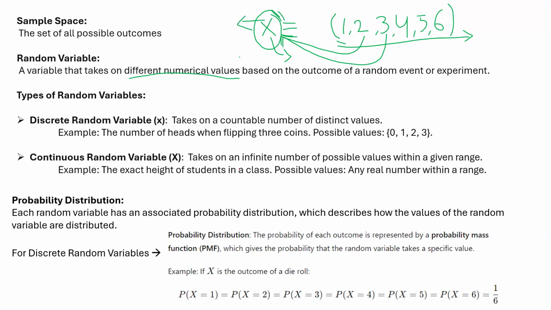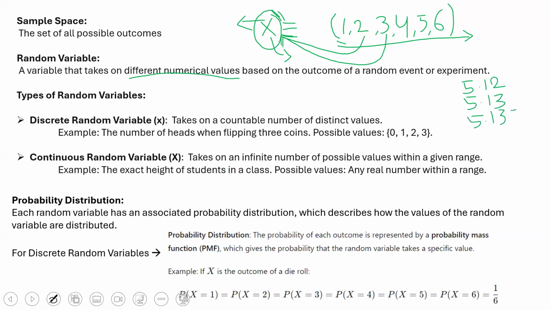Okay, so this random variable can be of two types. One is discrete random variable and the other one is continuous random variable. Now let's take another example of calculating the heights in a class. You're doing an experiment of calculating the heights of students in a class. So you're taking the heights of different students in a class, and you're getting the outcomes as 5.12, 5.13,